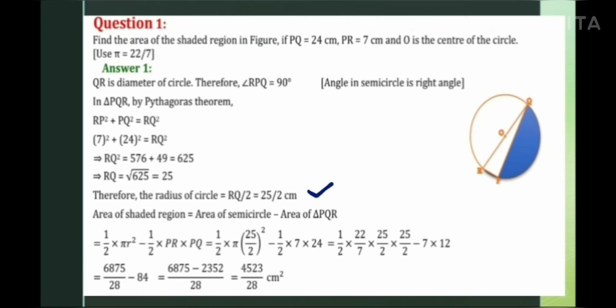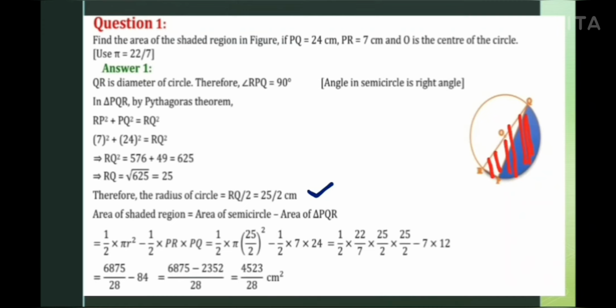Now look at the figure. If you find the area of this whole square and then subtract the area of this semicircle and the area of this semicircle from the area of the square, then the only remaining part will be the area of this region. So what you have to do, you have to subtract the area of two semicircles from the area of the square. So area of the square is equal to side square, that is 14 square, that is 196.